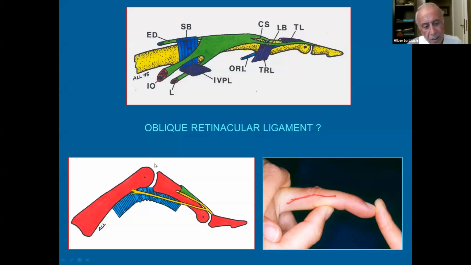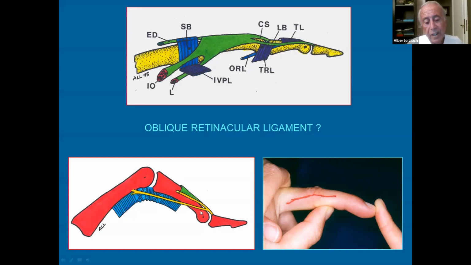I don't know. It looks like an intrinsic when you think about it, because it's volar to the axis of rotation of the PIP joint and dorsal to the DIP joint. So it's like an intrinsic, but a passive intrinsic because it has no muscle belly, and intrinsic to the interphalangeal joints, not to the MP joints or to the finger as a whole. I don't know if there is much of a role of the oblique retinacular ligament